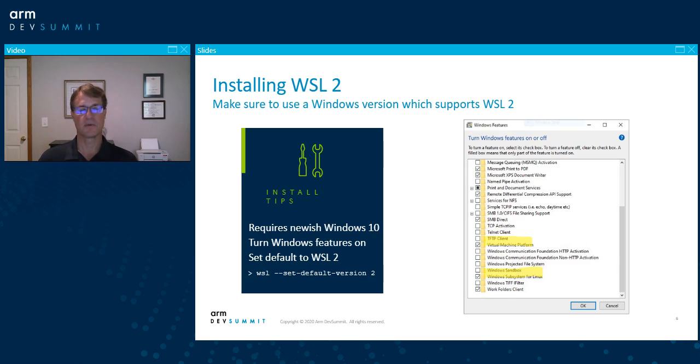So how to install WSL2? First requirement is we want to have a fairly recent version of Windows, which is going to support WSL2. If you have a Windows 10 on ARM machine, most likely you already have that, as all the machines are fairly new. So the way that you would enable WSL2 is by going into the Windows turn features on or